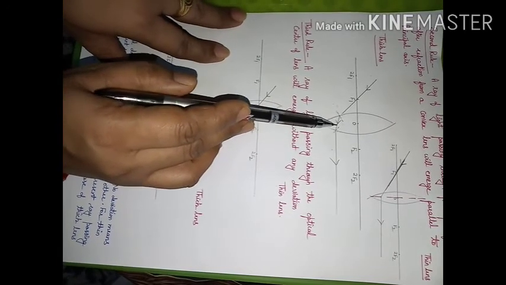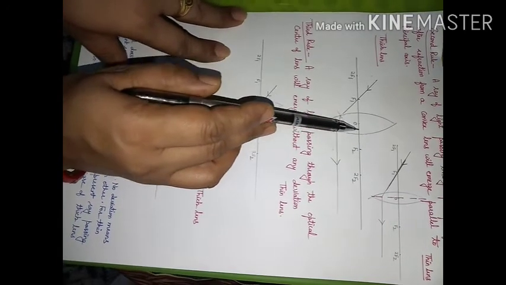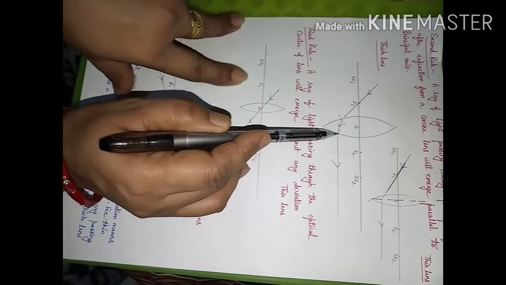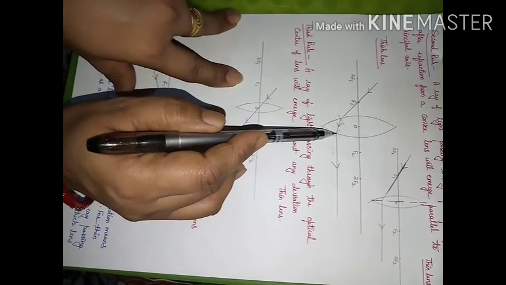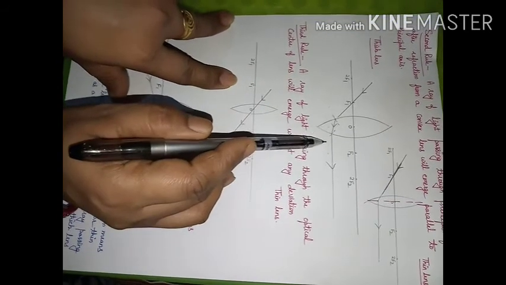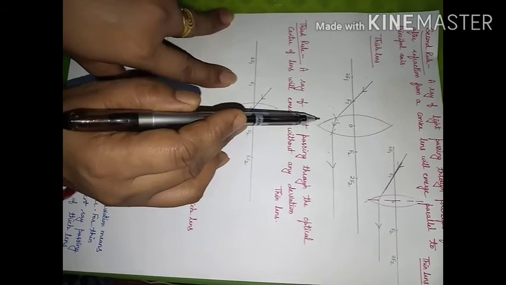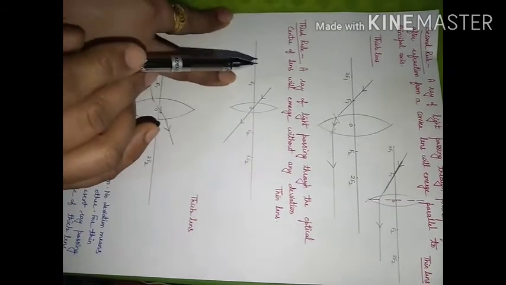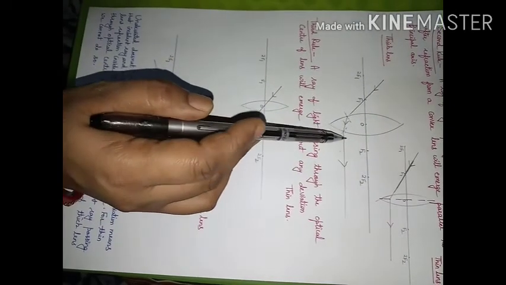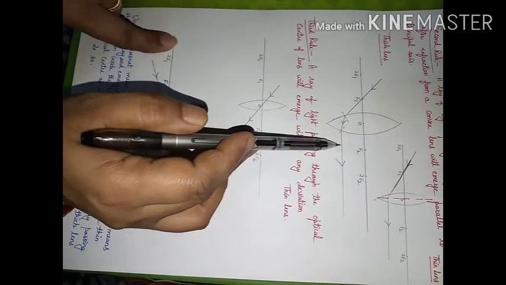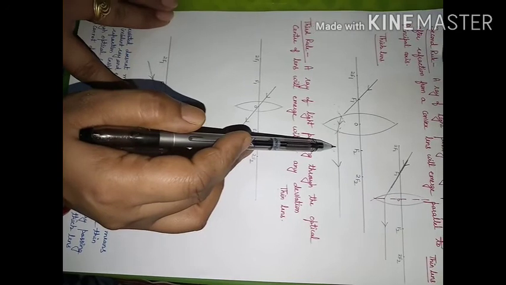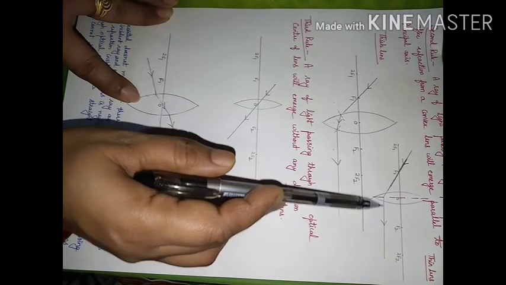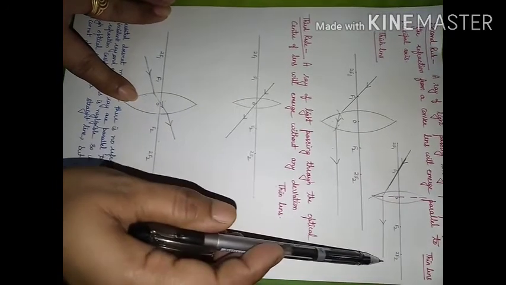It means this ray of light will be bending towards the principal axis. And the second refraction it will suffer at this face, when it goes from denser medium to rarer medium. Then it will go away from the normal that you have considered. So finally it will become parallel to the principal axis. So a ray of light that is first passing through the focus, after refraction will become parallel to the principal axis.